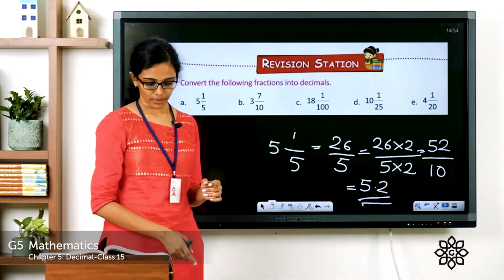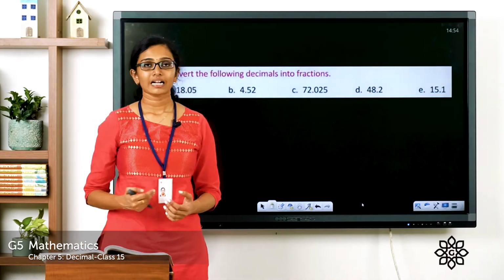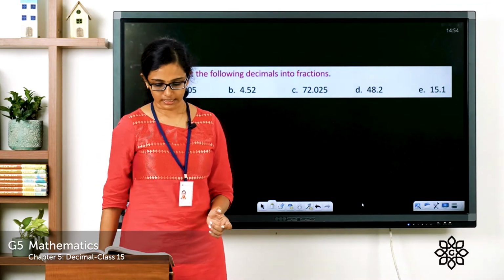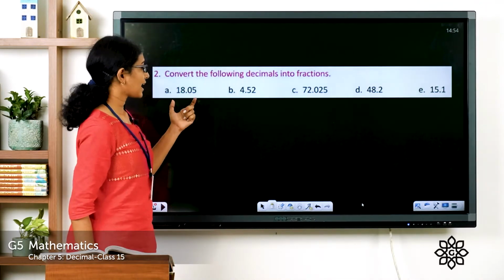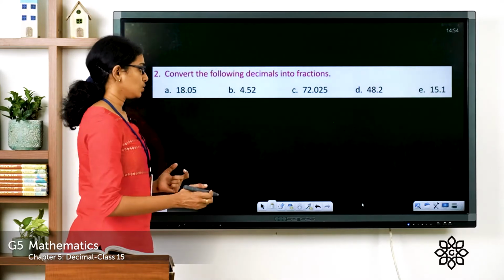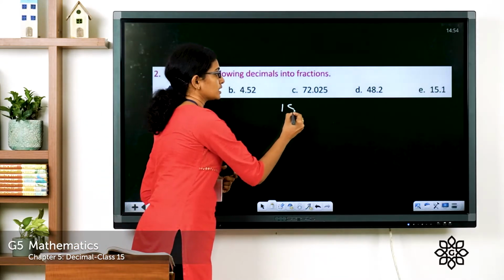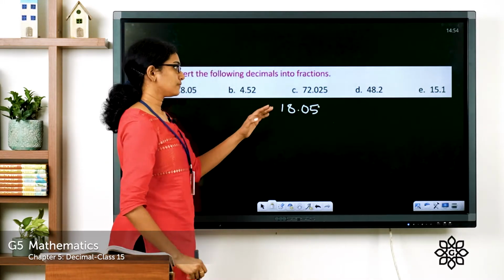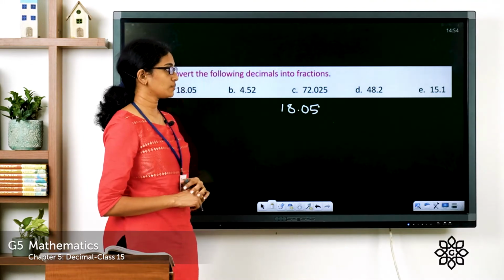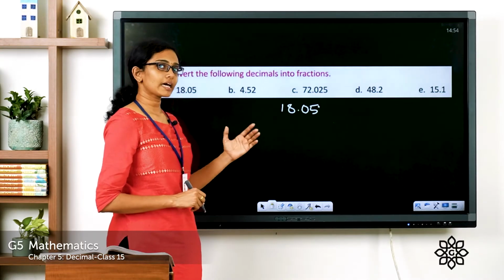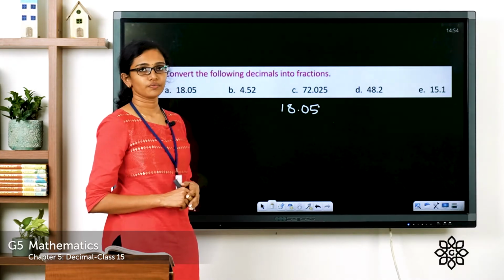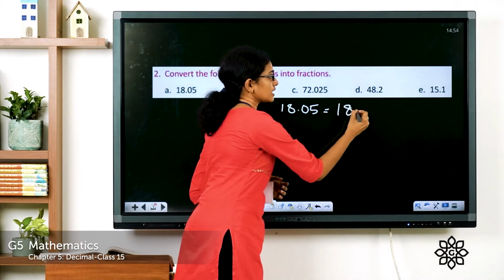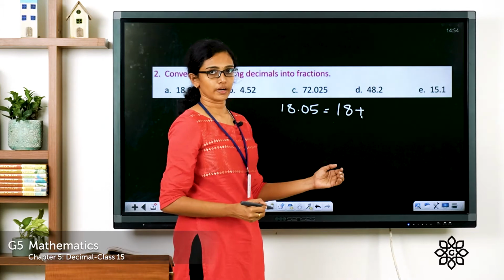Now, let's move on to question number 2. Convert the following decimals into fractions. So, the first question is A, 18.05. You are supposed to convert each of these questions to a fractional form. Let's see the first question. Question A, 18.05. So, we can write 18.05 as 18 plus 0.05, which is equal